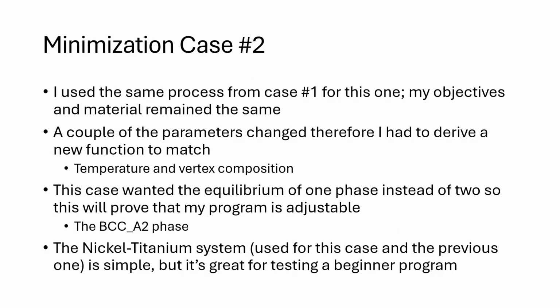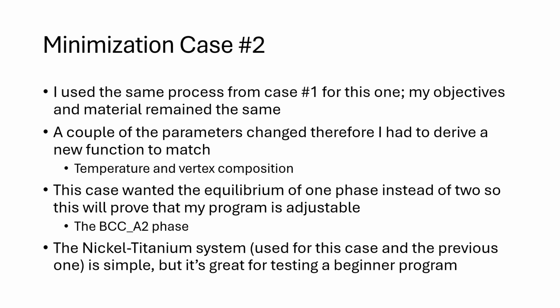So after finishing minimization case number 1, my mentor gave me a new set of parameters for me to do a minimization case number 2. I use the same process from the last one as this because my objectives and material remain the same. Like I mentioned, a couple of parameters have changed, so I had to derive a new function to match it. This case wanted the equilibrium of 1 phase instead of 2, so this would prove that my program is adjustable. And once again, I'm using the nickel titanium system, which is simple, but it's great for testing a beginner program